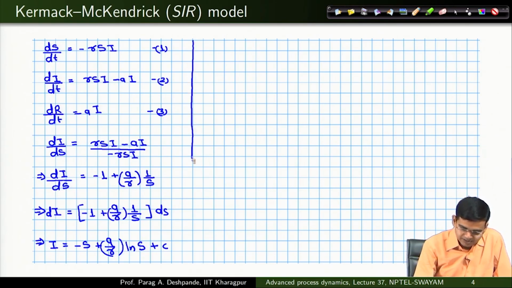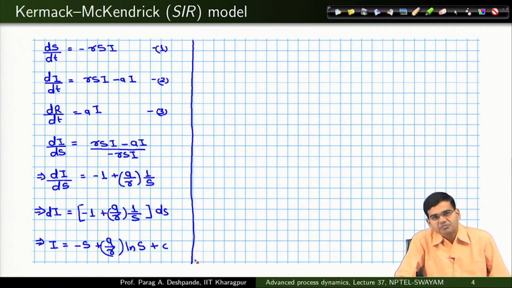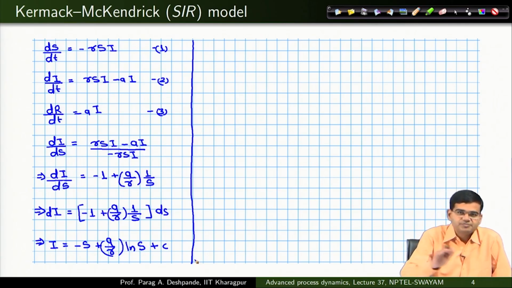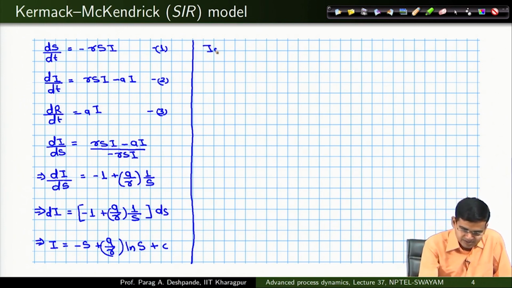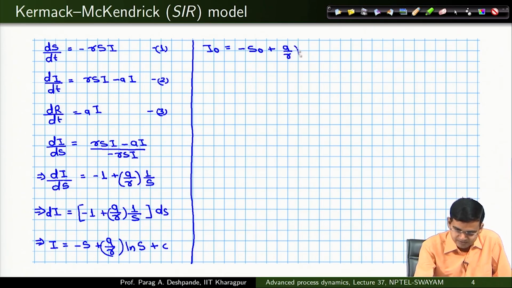I can determine the integration constant C from the initial conditions: when the number of susceptibles in the population is S0 at t equal to 0, the corresponding number of infectives was I0. Therefore, I can write I0 is equal to minus of S0 plus A upon R ln S0 plus C, from where I can write C is equal to I0 plus S0 plus A upon R